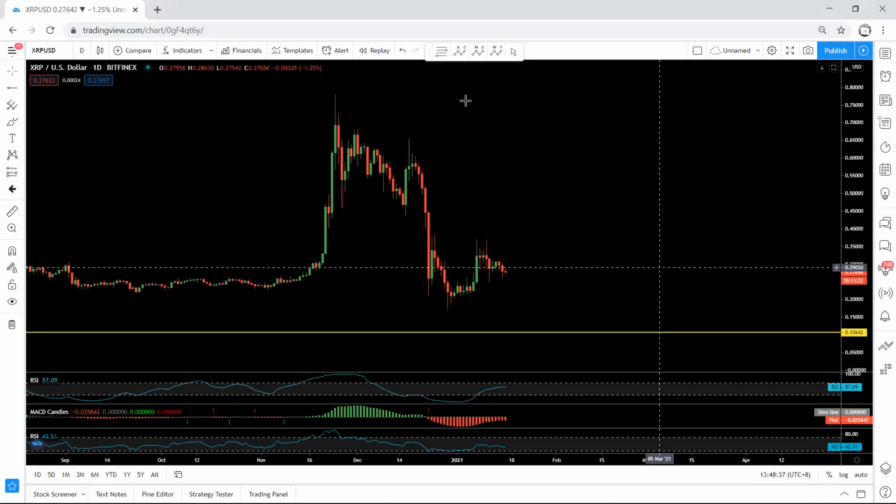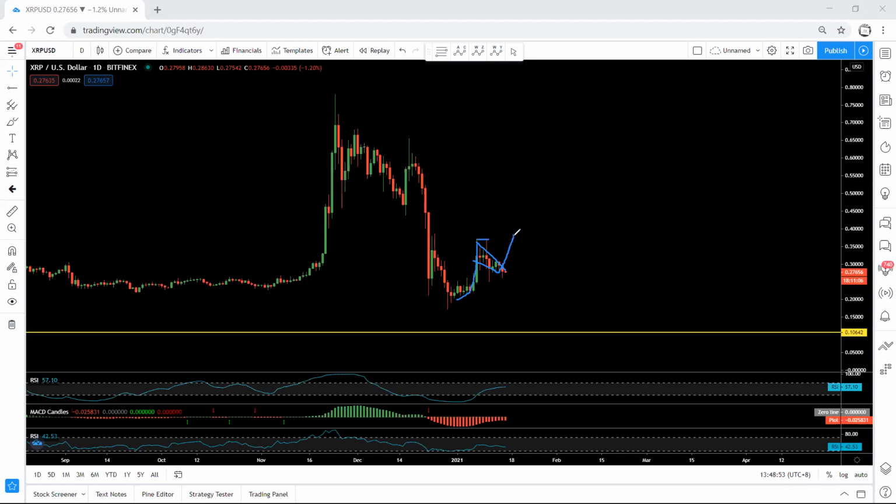Based on the daily chart, what we see here is this sharp move and this correction. Mostly when we see this kind of correction, it means we can still expect the price to keep the uptrend. That means it gives us one move up at least to this high. Then from there, we need to see whether there is a continuation, meaning this is the start of the uptrend, or whether the price can drop before we get the next move. Okay, this is what we have based on the daily chart.